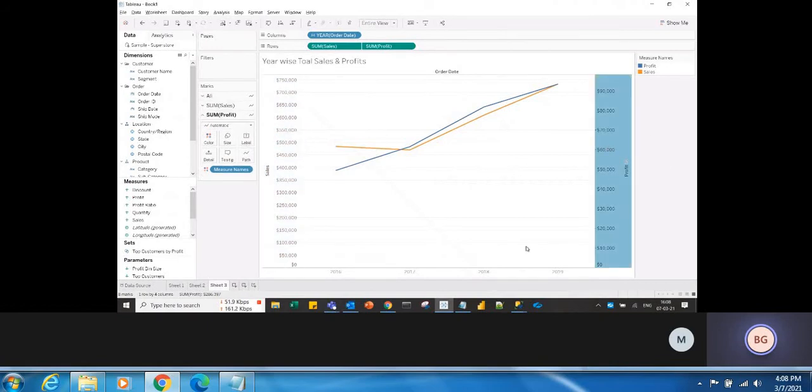Okay, so what does that mean? See, if you can observe here, it is dual axis, like the edges are combined, correct?